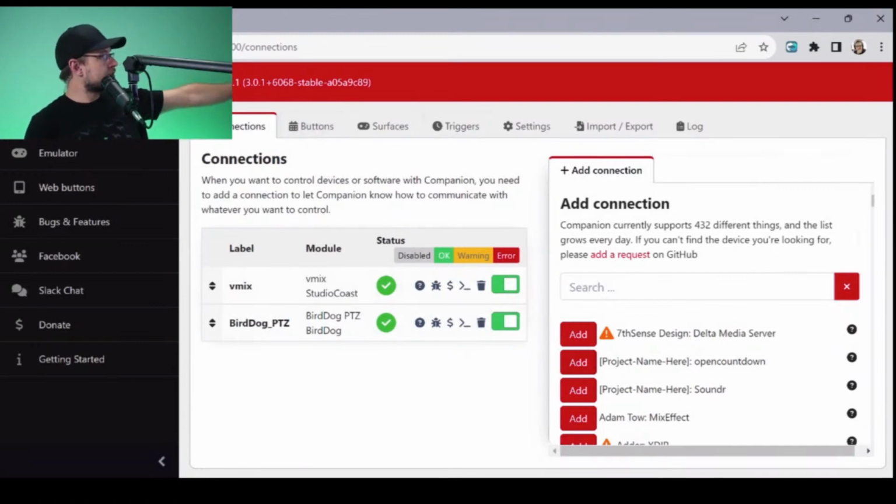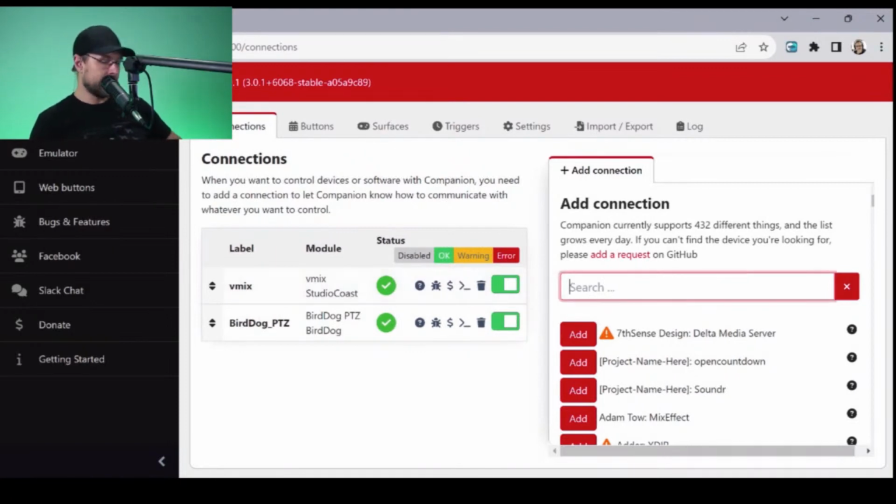We have a checkbox, which means that whatever check it's doing, it sees that the camera is there. And now I have that option. And I want to show you the two different modules, because you're going to see that in the next step, why you want to add all the modules that you want to control before beginning.